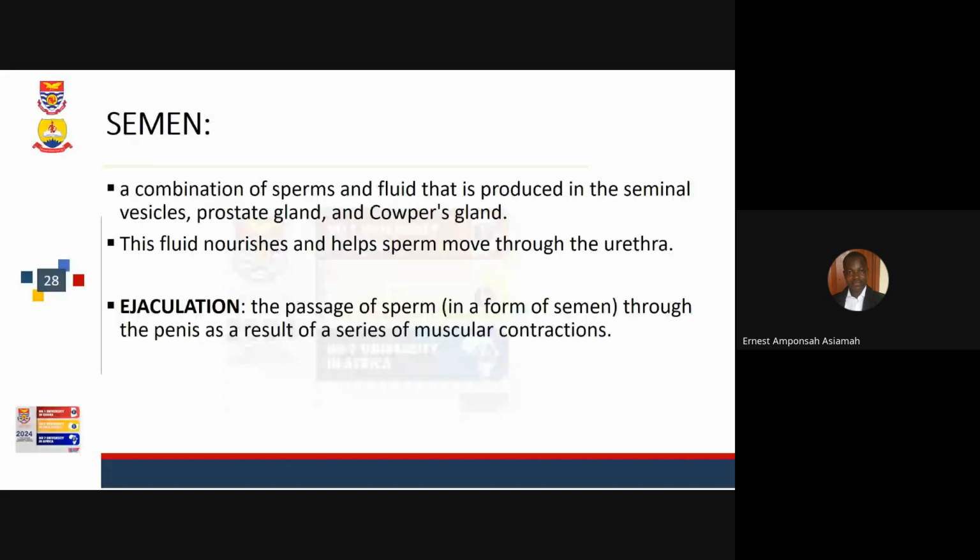Too much or too little? Does it have any effect on the prostate gland? Well,